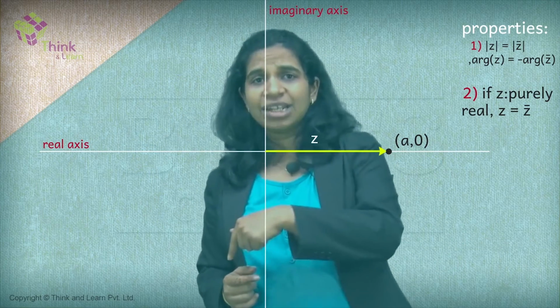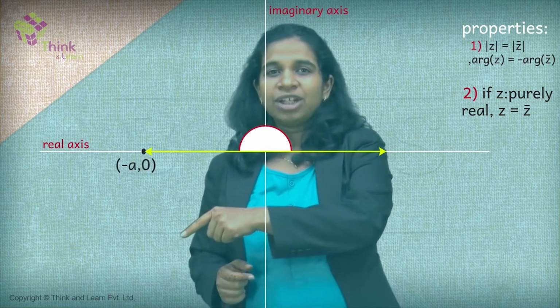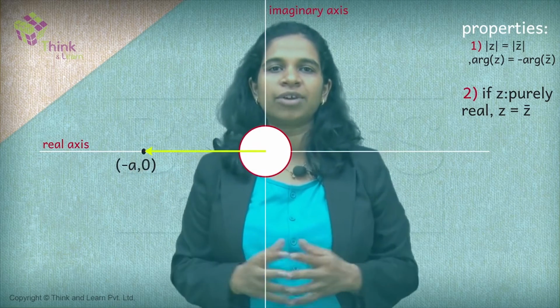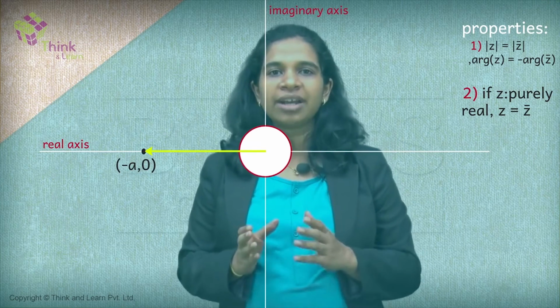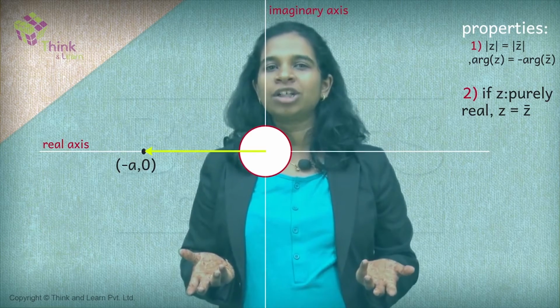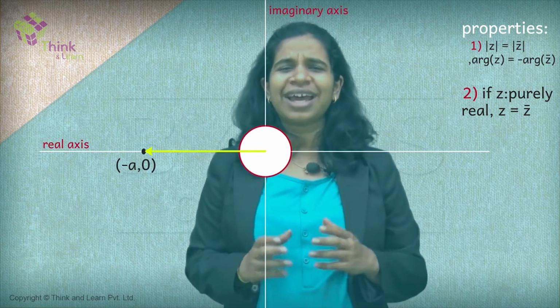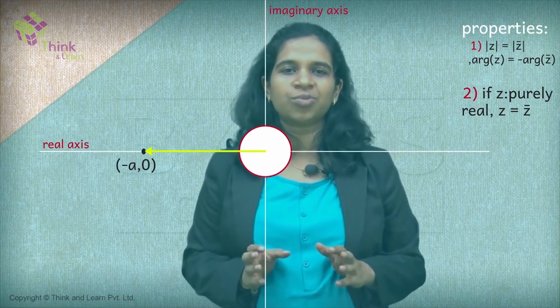If you had turned z the other way around, even then it would have worked. If I turn z this way, so that it's lying on the negative side of the real axis, same thing will happen to z bar. Again, they'll perfectly coincide. So if it's purely real, z is equal to z bar. What should the third property be logically? Purely imaginary, right? That's why you don't need to remember these things. It's very easy to understand. Once you understand the concept, it's very easy to visualize these properties.